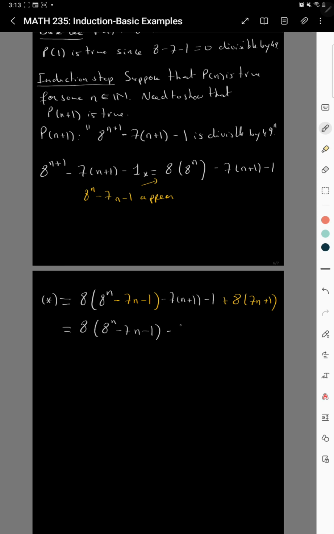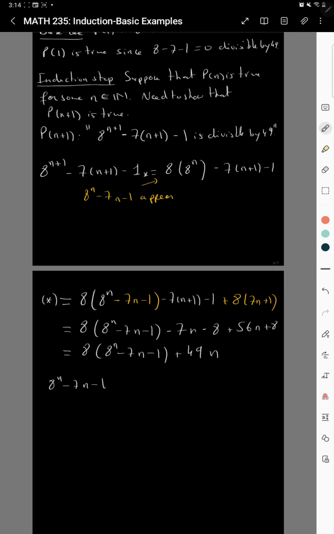Now let's just expand this. So I get minus 7 times 8, minus 7 minus 1 is minus 8, plus 8 times 7 is 56n plus 8. Okay, let's see what happens. Well, 56 minus 7 is just 49n, and the 8 will cancel out. Well, really, what I can say here is that we're done, right? I mean, if you want to be a bit more precise,